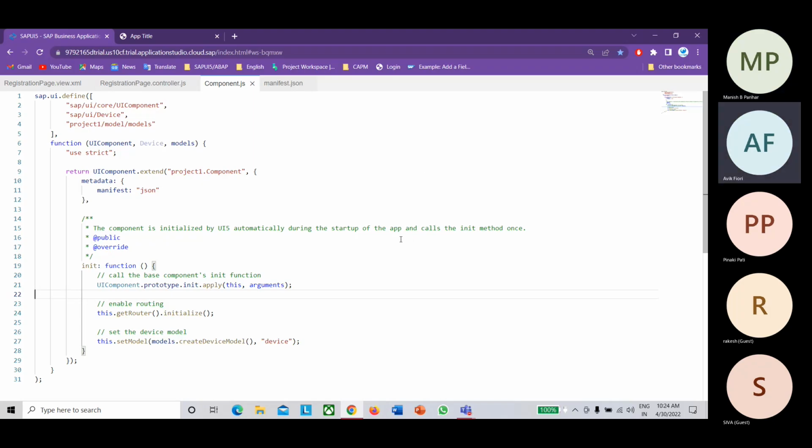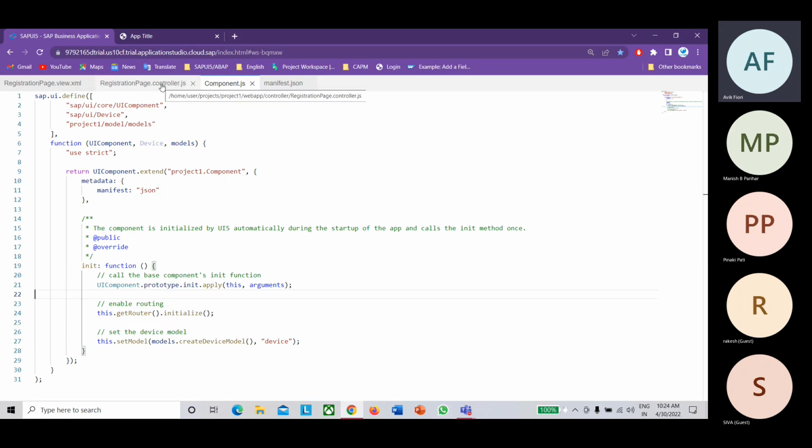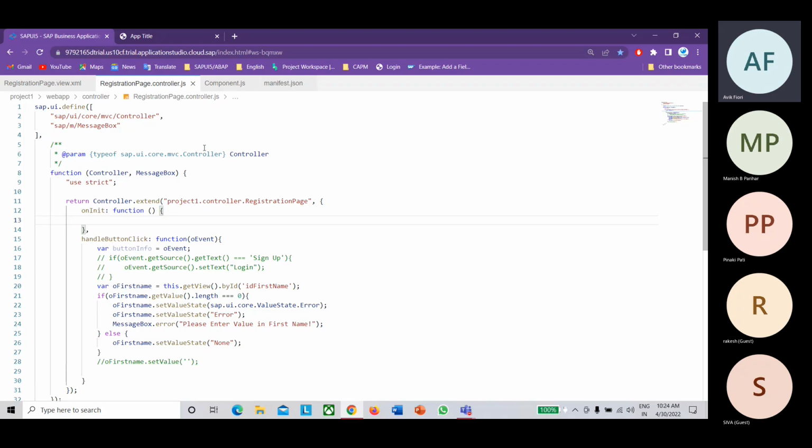See, the main functionality of the component controller is, sorry, it's not a controller. It's only component.js. Okay, controller is different. If you look at the controller, for sure we need to load this controller library from MVC architecture. And from this controller it will extend and create its subclass. So it's extending from the controller and it will create a subclass of the base controller.